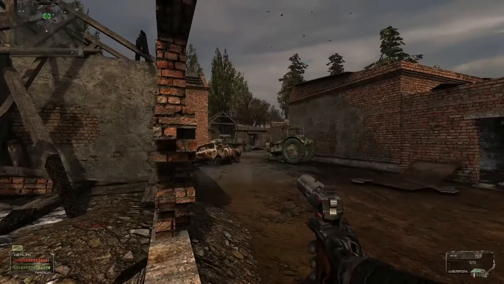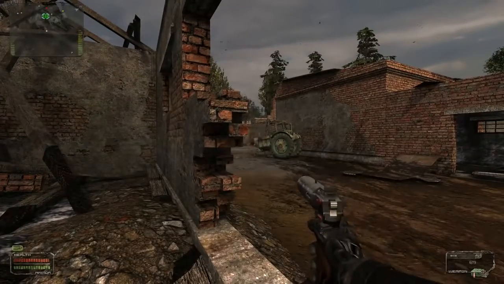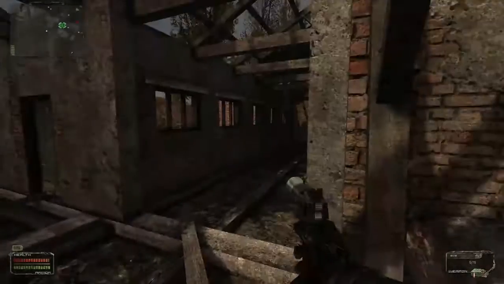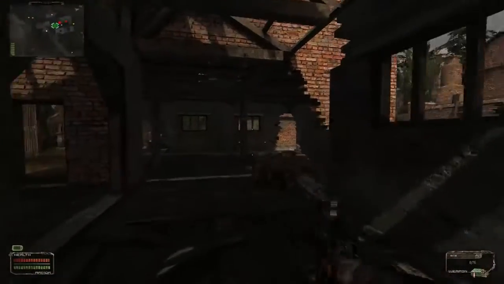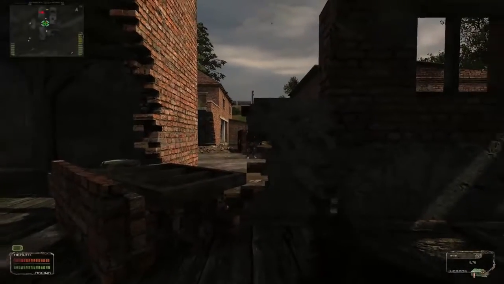Oh, he ducked for cover. The AI is pretty smart in this game. If you've never played it before, the AI does some pretty smart stuff. It'll actually duck and take cover. It'll try and circle around behind you. If there's multiple bad guys, they'll actually coordinate and try and take you out. It's really, really cool. And it's an old game, too. Some of the things this game was doing back in 2007 are really, really...